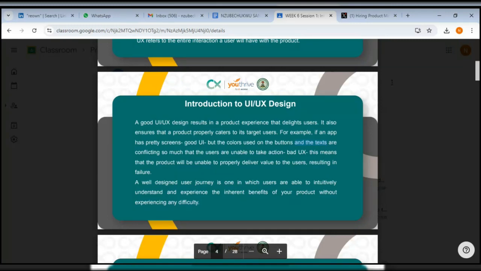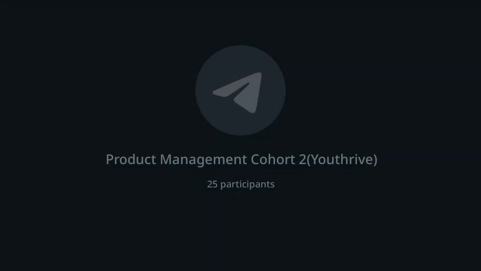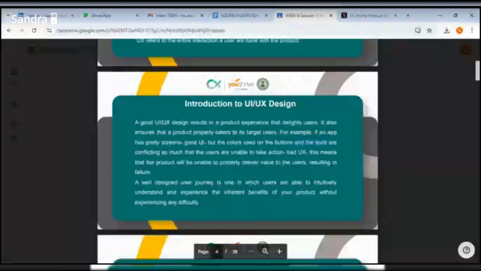For example, if an app has pretty screens, good UI, but the colors used on the buttons and the text are conflicting so much that the users are unable to take action, bad UX, which means that the products will be unable to properly deliver value to the users, resulting in failure. Okay, so this example is, let's say, with a healthcare app, yeah,